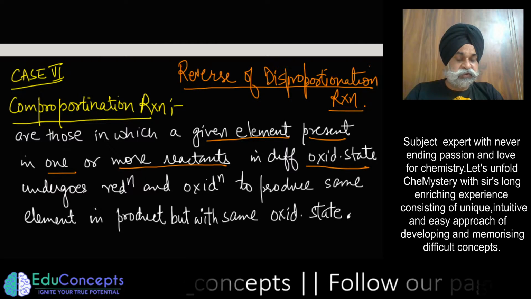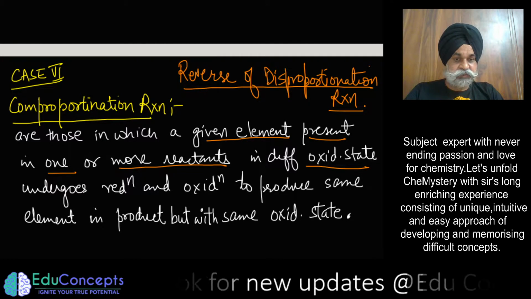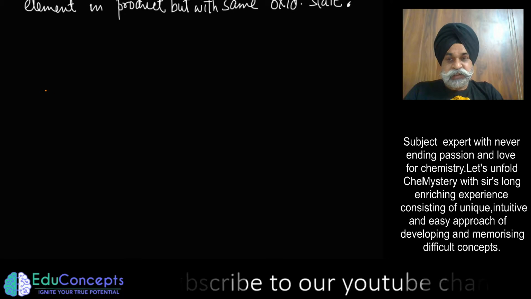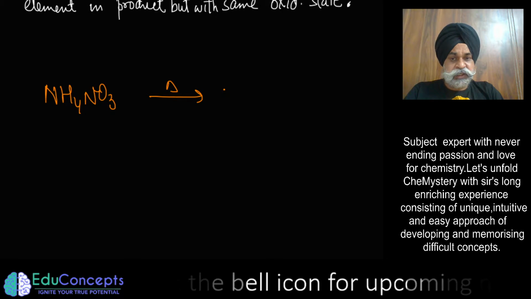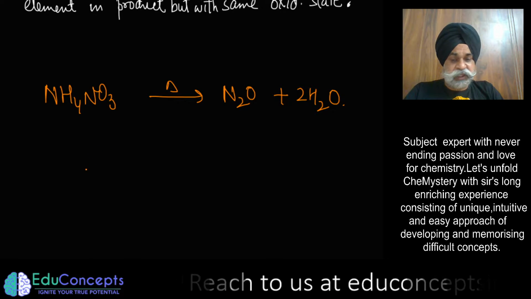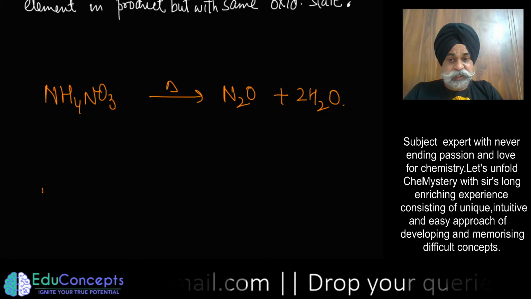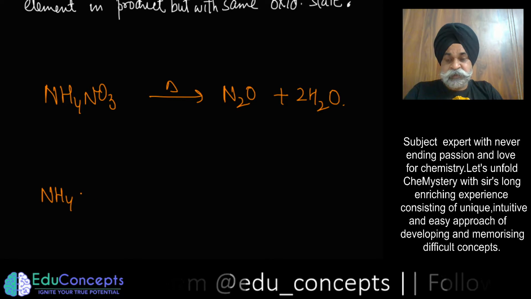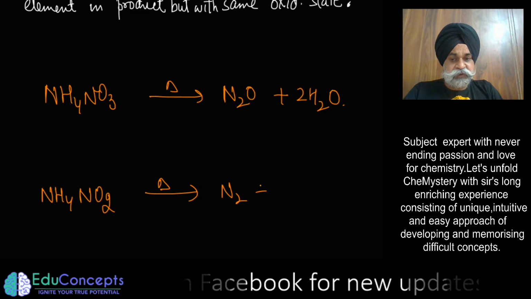In the last video, you can check with the link given above, the last case was the case of disproportionation. Now what is this definition suggesting to us? Say for example, if you have ammonium nitrate and you heat it, it tends to give you this compound. For this particular reaction, we have already done a small trick, which I am going to tell you once again, although that trick has already been shared with you in video number 3 of the N series playlist. Or you have ammonium nitrite, if you heat it, it tends to give you this compound.